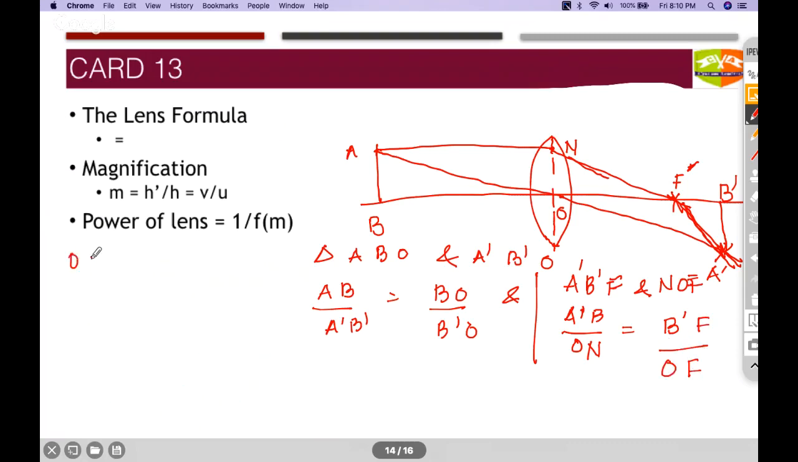Now you should know that ON is equal to AB. So what I can do over here is that this is B dash. So A dash B dash ON is replaced by AB, and that is equal to B dash F divided by OF. So this is my equation number 1. This is my equation number 2. With equation 1 and 2,